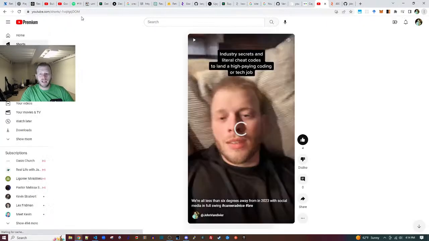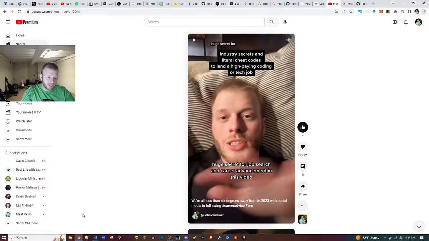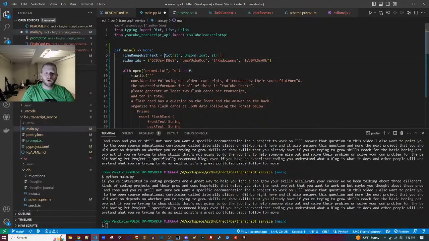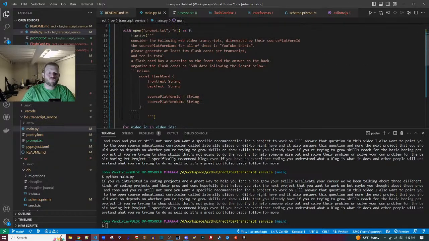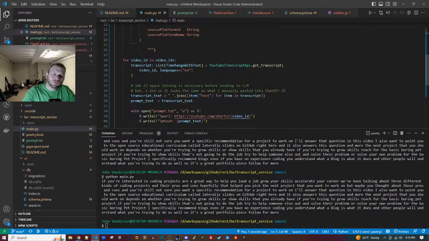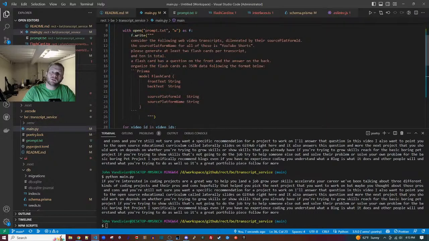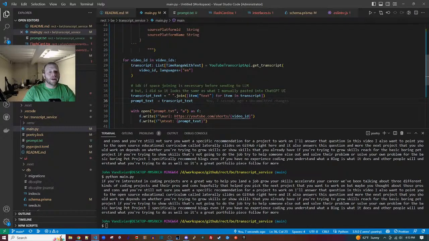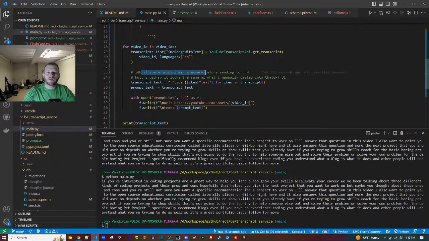I'm trying to check if that dash needs huge secret for, looks like yes. Okay, so we have 1, 2, 3, 4, and then we'll add this one, 5. Okay, I don't know if this space, yeah.